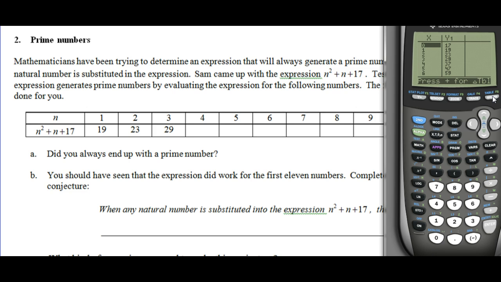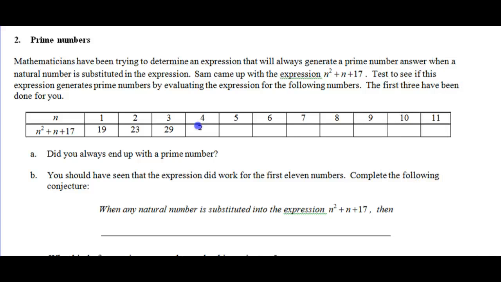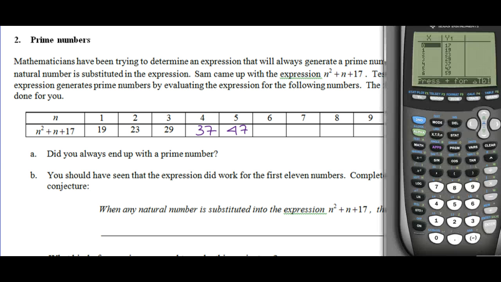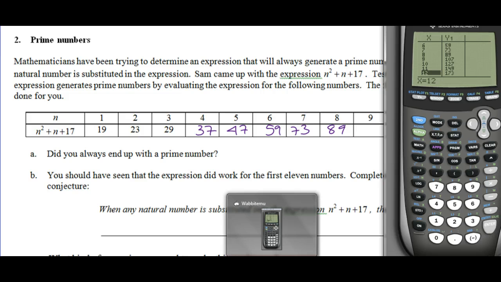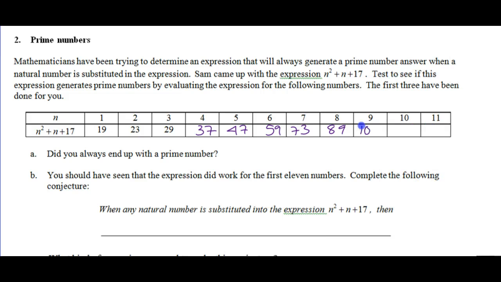But when x is 1, we get 19, 2, we get 23, 3, we get 29, 4, we get 37, 5, we got 47, 6, what else we got? 6, 7, 8, 9, 10, 11. So 59, 73, 89. I can remember 3 at a time. 107, 127, 149. Okay, so that's a little faster way of doing it than if we sat down and calculated each one separately,